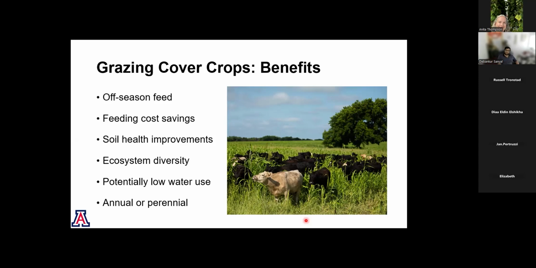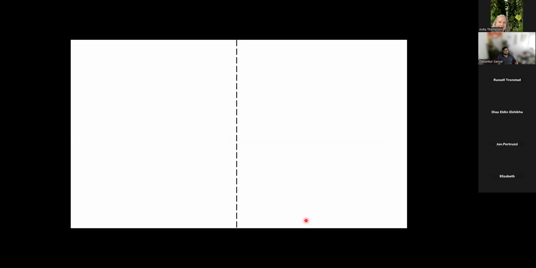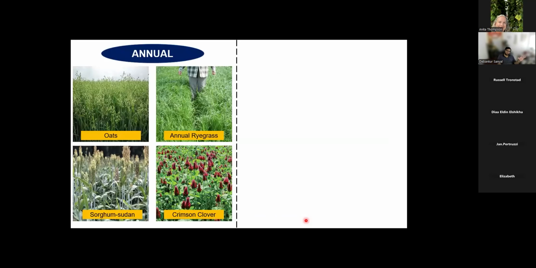And again, it can be perennial or annual. And if I'm looking for perennial, I'm thinking, well, what if we don't have any water for a long period of time? Will they die? And then how fast can they come back and produce something? So all these considerations, and we have been looking at some annuals. This is not the comprehensive list. This is just examples of what we're looking into. Some annuals, and you can see